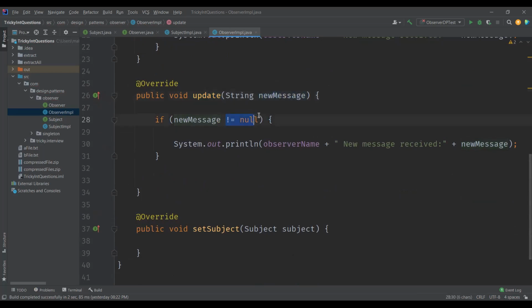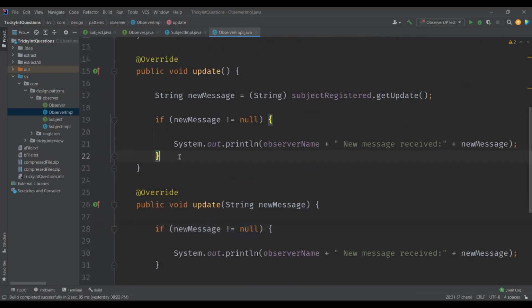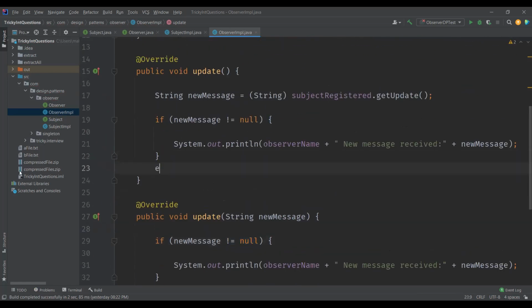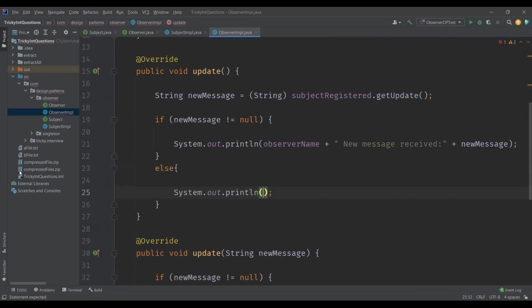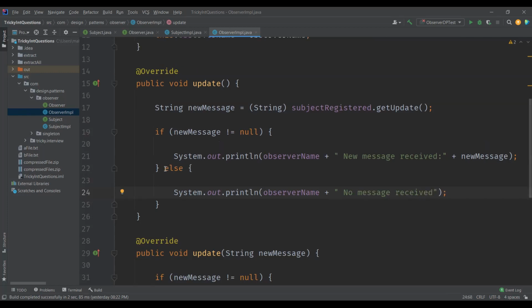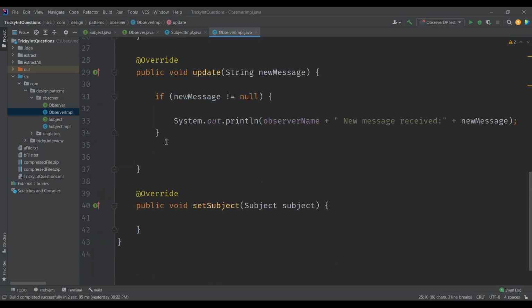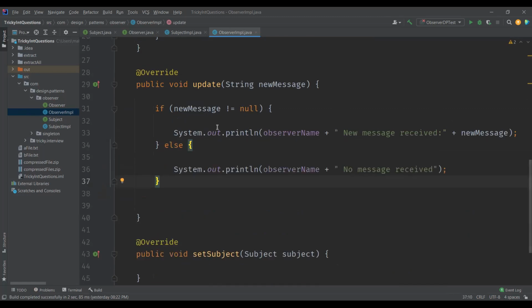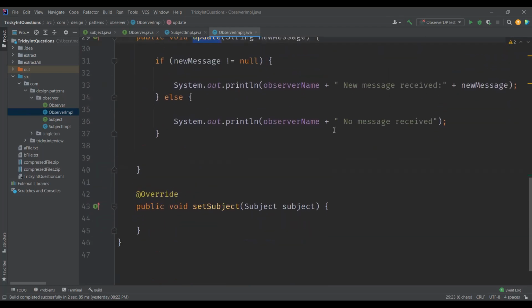So we'll just check for it. If it is not null, we are going to print the message, and we'll also write some message here. What if it is null, right? If it is null, we'll just say no message received. So this completes the update method, which will be called by the subject to update the observers, right?